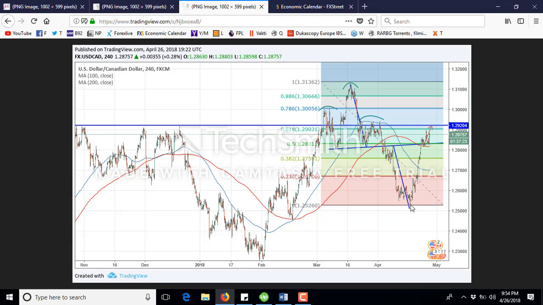And this is actually what happened here. You see we bounced off immediately quite hard, almost 150 pips, and then another leg higher in the dollar, and I think this leg higher has more room. There's room for more gains